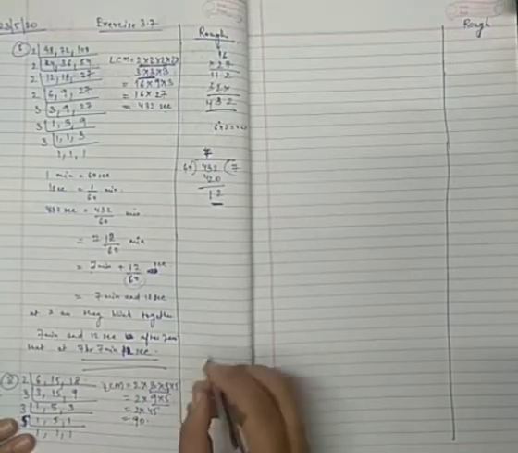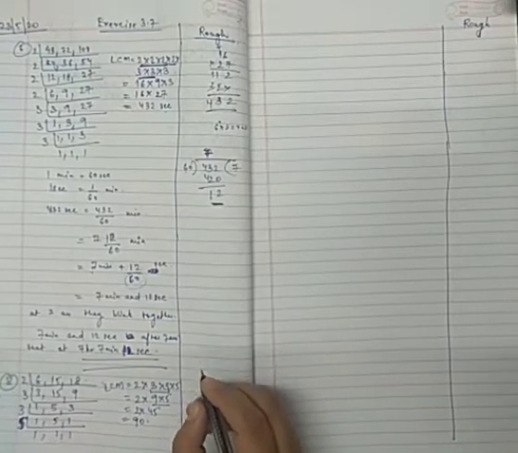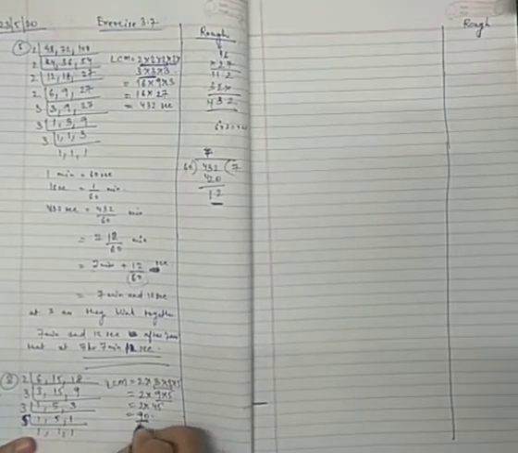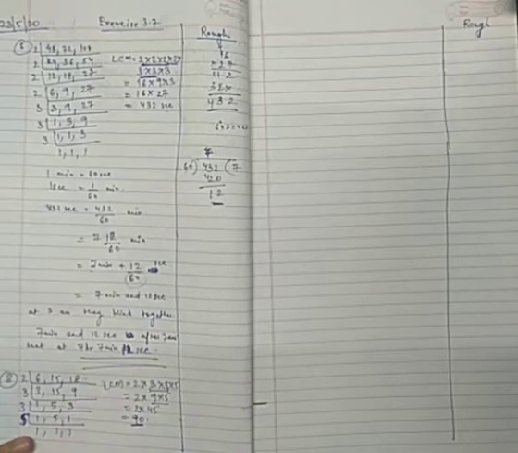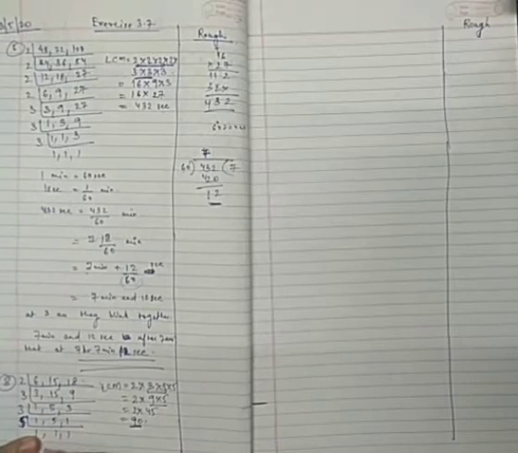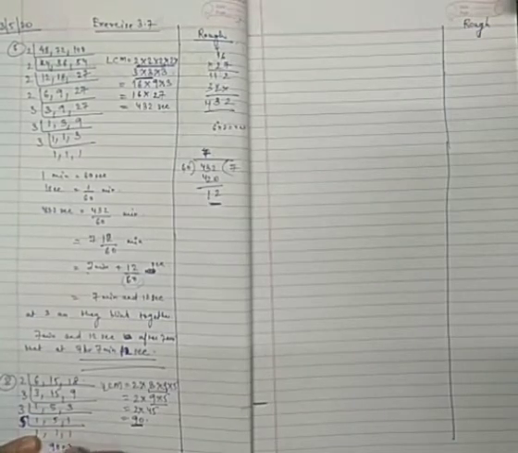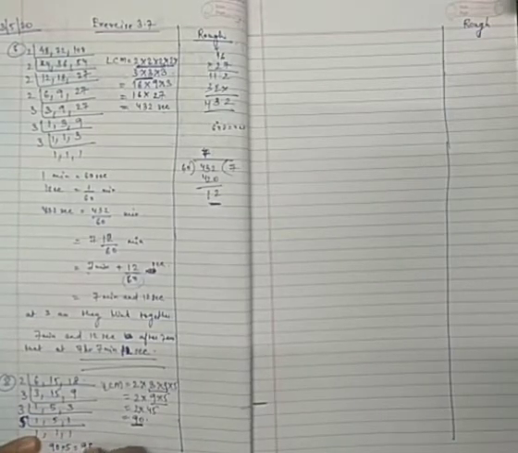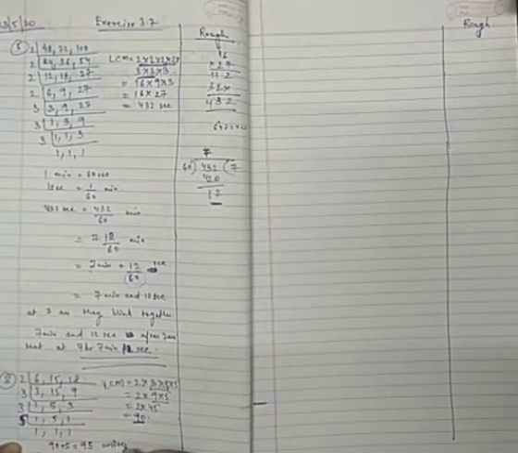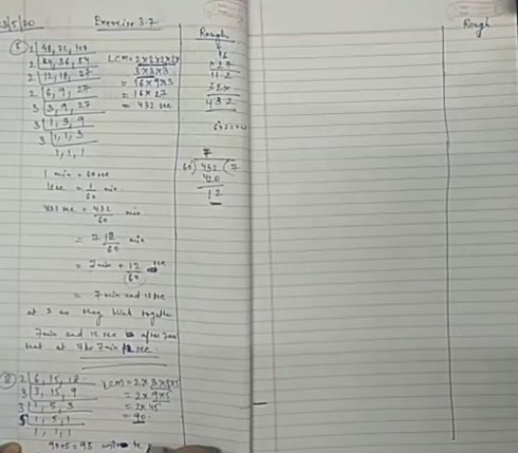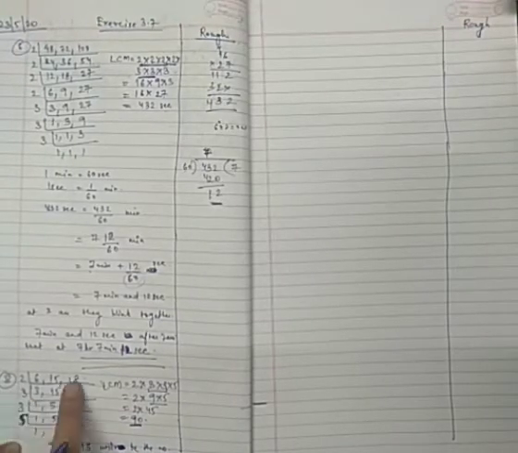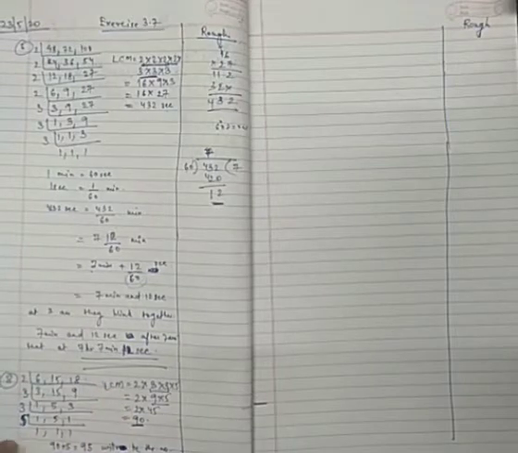Now we have to find the number that will leave 5 remainder. So how can you do that? Tell me, how can you do that? Now, if this number is divisible by all 3 numbers, what we will do is add 5 to it. So 90 plus 5, that is equal to 95, will be the number which will give 5 remainder with all 3 numbers. If you want to check, we can check here.